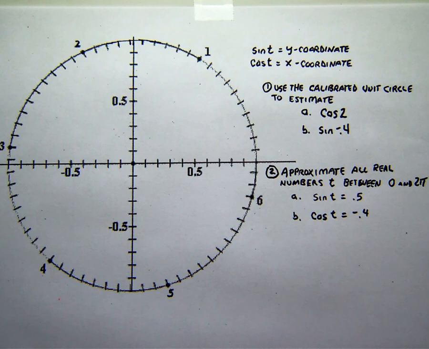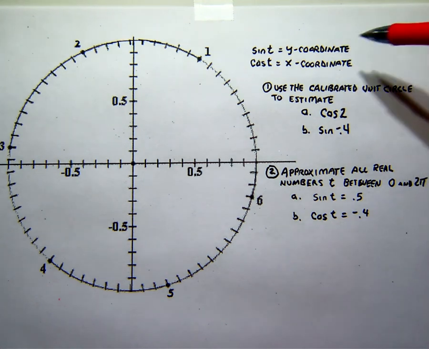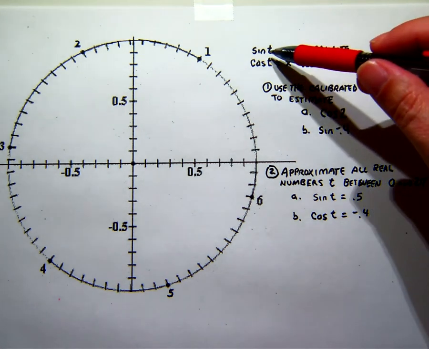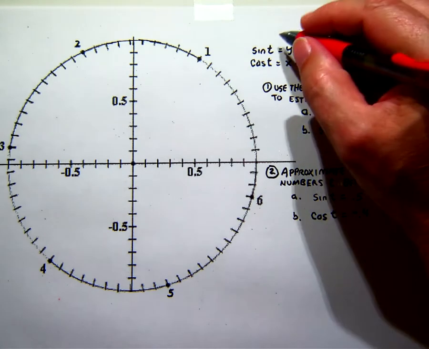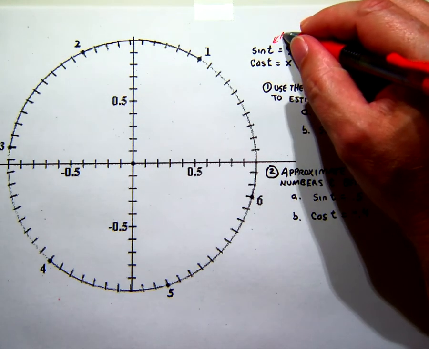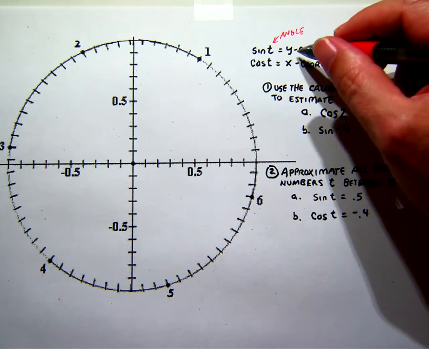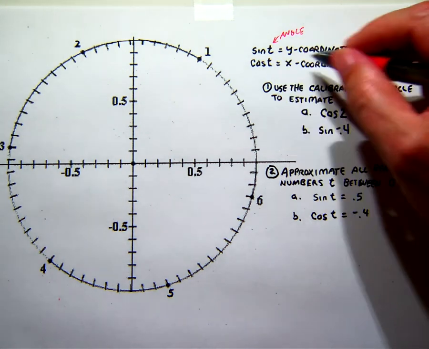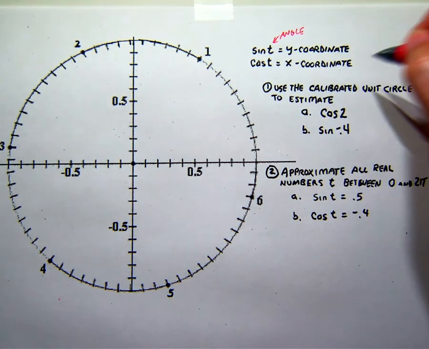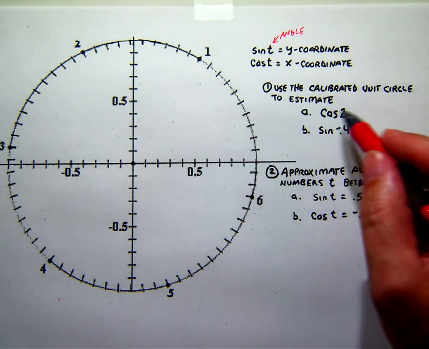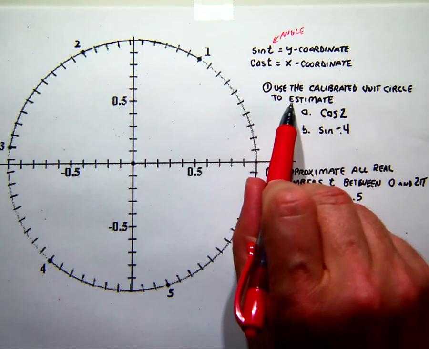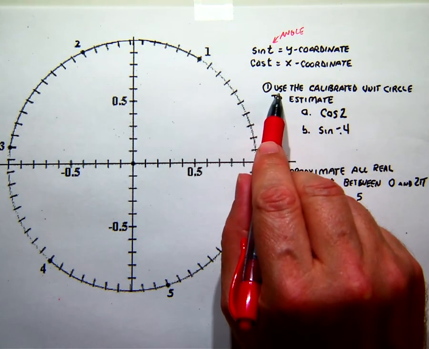Okay, so today let's look at more use of the calibrated unit circle. In today's task, we learned that sine t is just the angle, and the sine of the angle is the y-coordinate, and the cosine of t is the x-coordinate. Okay, so we're going to go back to the calibrated unit circle, and we're going to take a look at